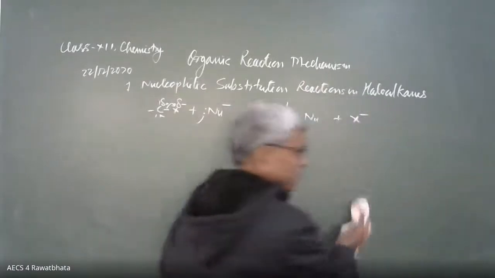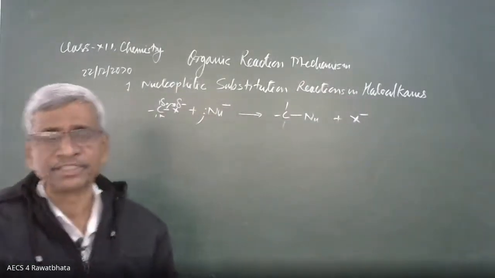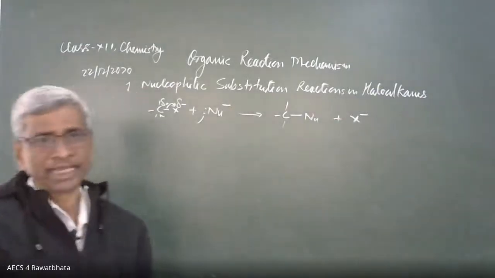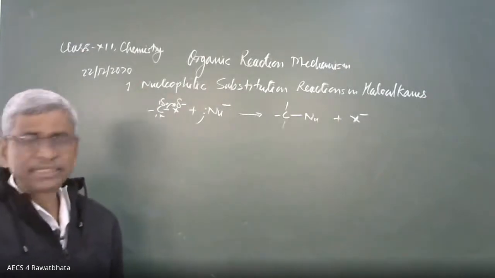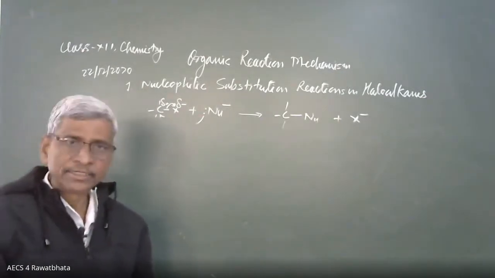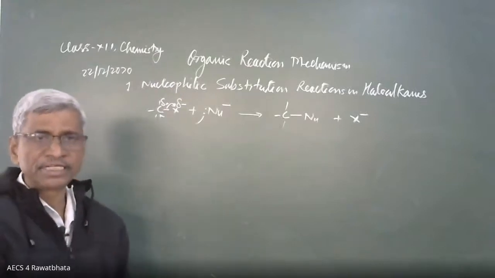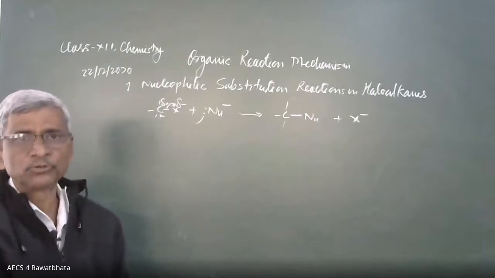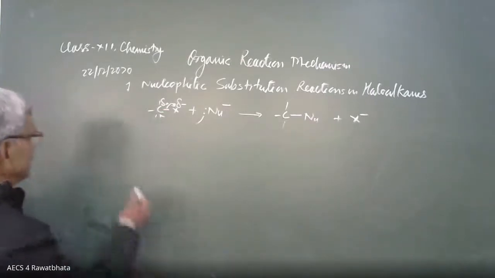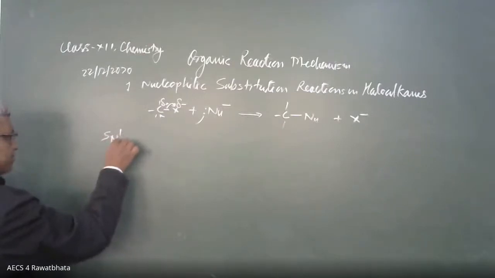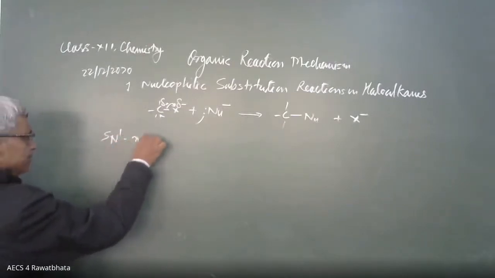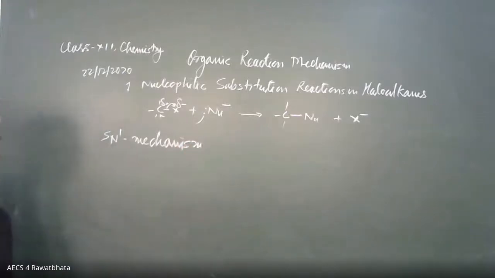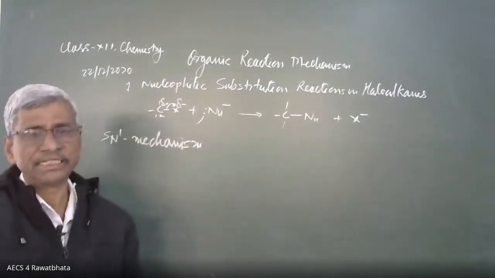And not only haloalkane, so many substitution reactions may proceed according to SN1 or they may follow the SN2 mechanism, and the reason is like that. In SN2 mechanism, there is formation of an intermediate. Therefore, the degree of the haloalkane, the reacting compound, should be lower. Now, SN1 mechanism.